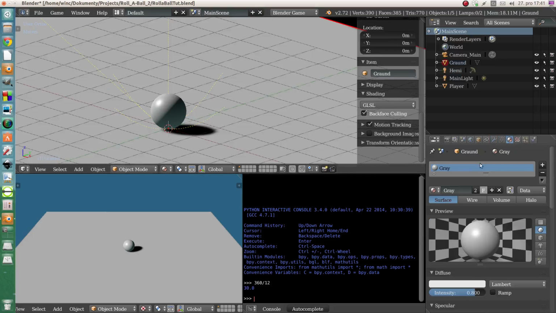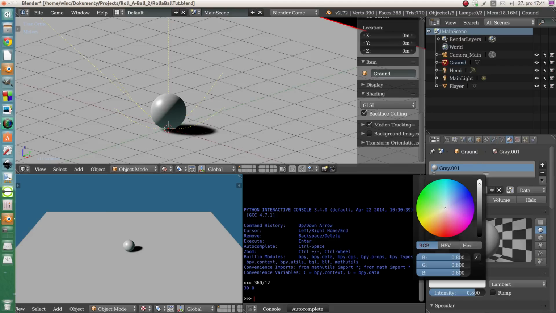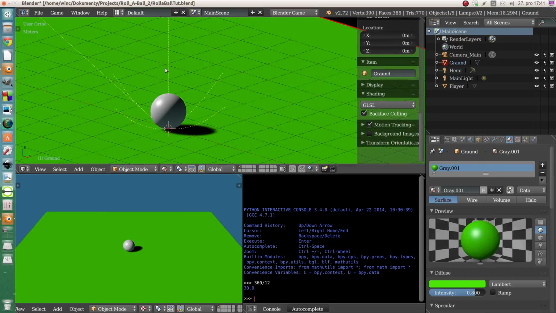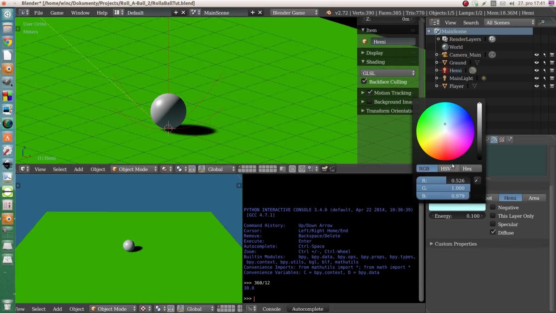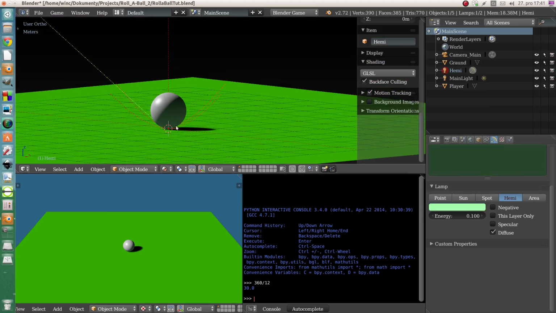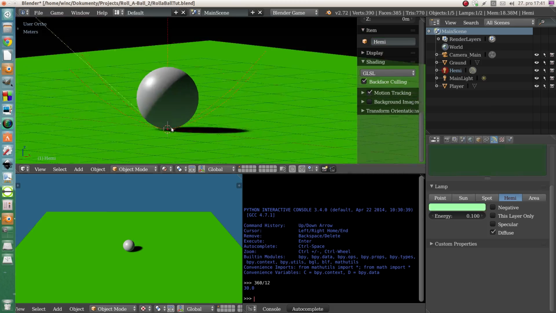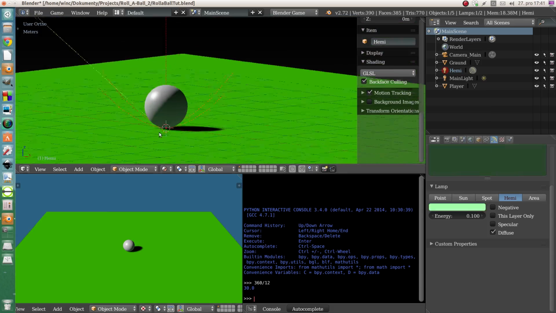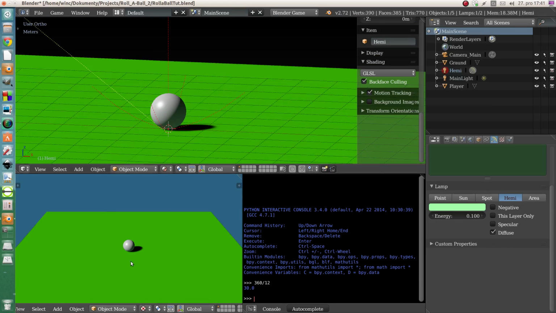For example, if the ground, let's say, would be green, you would want this light to be slightly greenish, and it's like almost global illumination. Well, of course it's not, but it's the effect that you can achieve. And well, it looks kind of nice, and we just